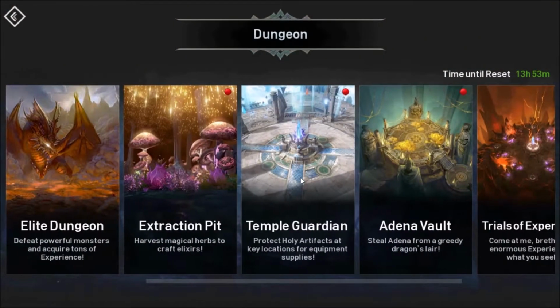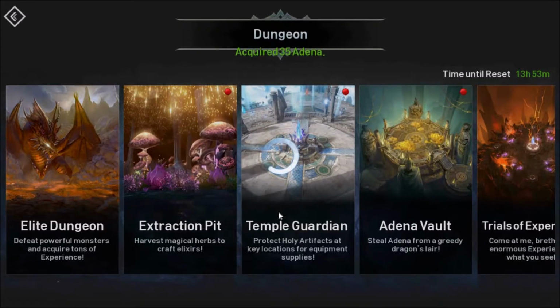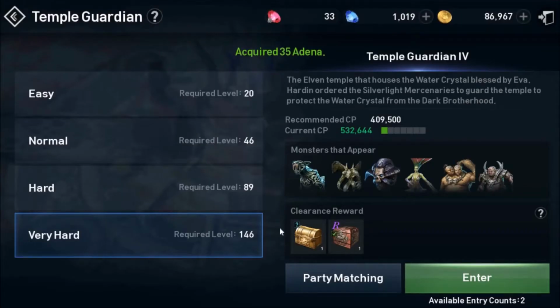The next is Temple Guardian. Temple Guardian is your source for equipment and varnish to level up your equipment. As you can see, it also has 4 levels. Again, this is actually based on the level of your character, but there is a suggested combat power for each as well. Here you are in basically like a square,